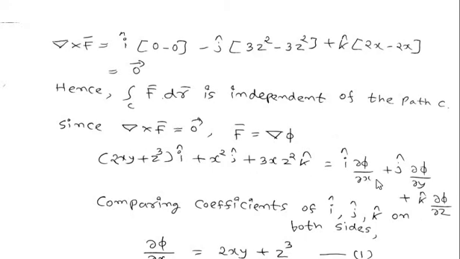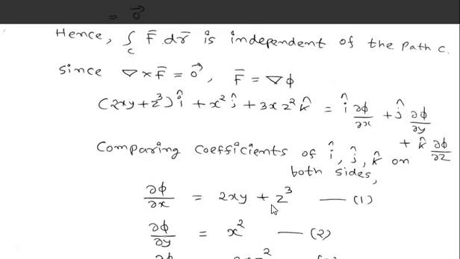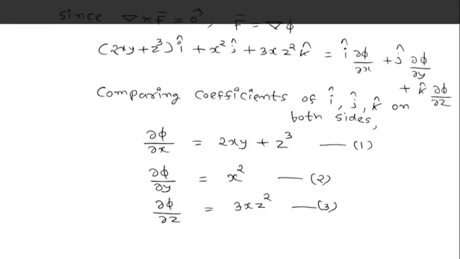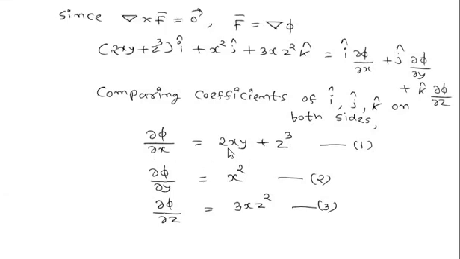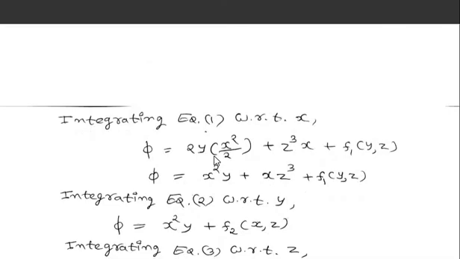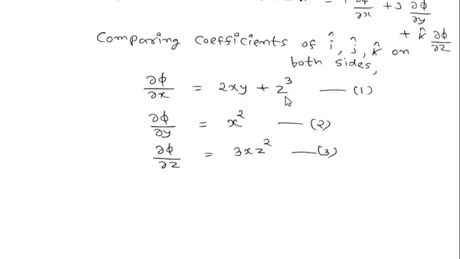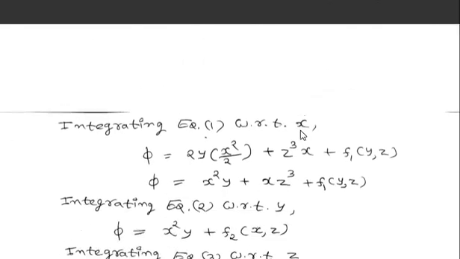Now comparing both sides, we have del phi by del x equals 2xy plus z³, del phi by del y equals x², and del phi by del z equals 3xz². Now we will integrate equation number 1 with respect to x. So its integration will be 2x² by 2 times y, and the integration of z³ with respect to x gives z³x, since y and z will be constant, plus